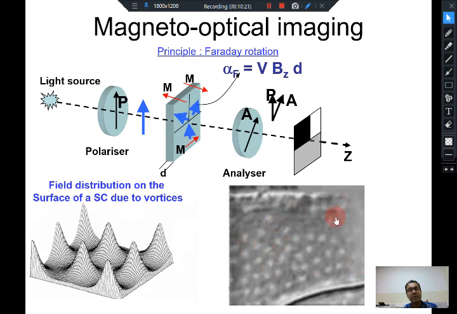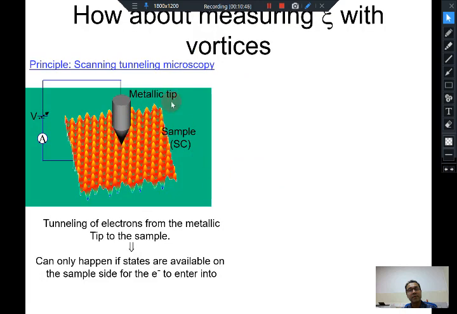This is of course not an image from our lab, this is from another lab, the group of Professor Tom Johansen in Oslo, where they imaged for the first time using this magneto-optical technique. They imaged individual vortices, where these white spots are images of individual vortices, detected using this technique. People also image vortices using the principle of the scanning tunneling microscope.